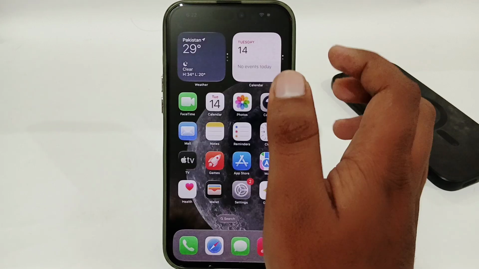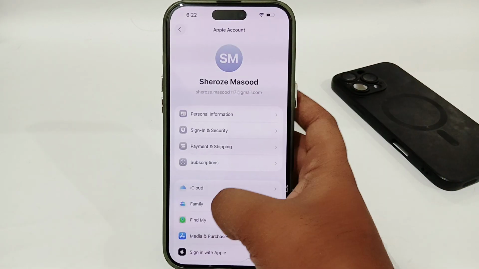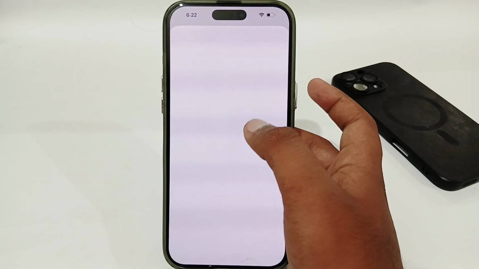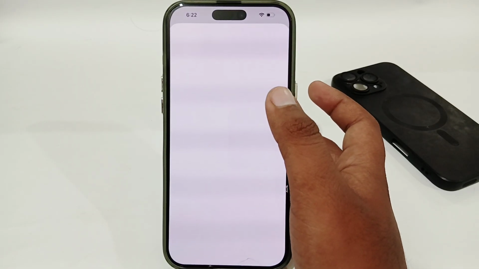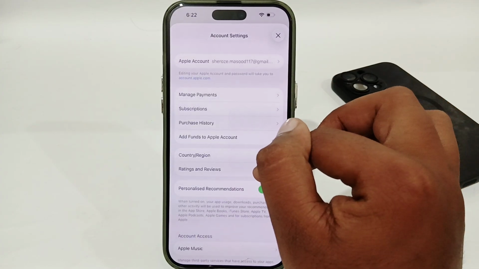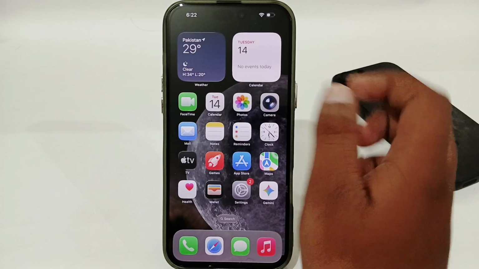Or if you're still having the same issue, you have to open your settings, tap on your Apple ID, and here select Media and Purchases, select View Account, and from here you can easily change your country or region, or you can get the country or region option. Or if you are still having the same issue,